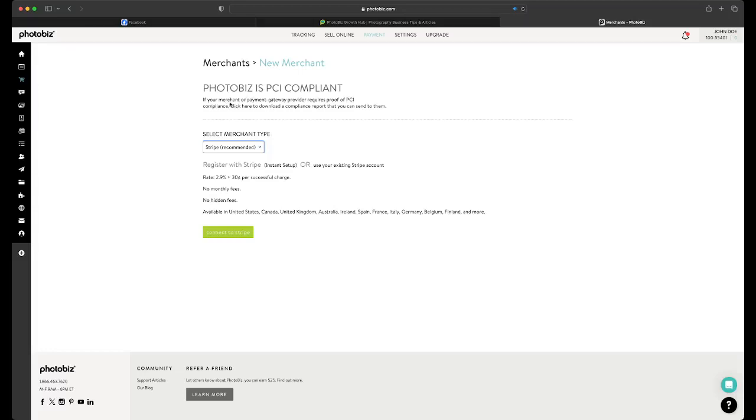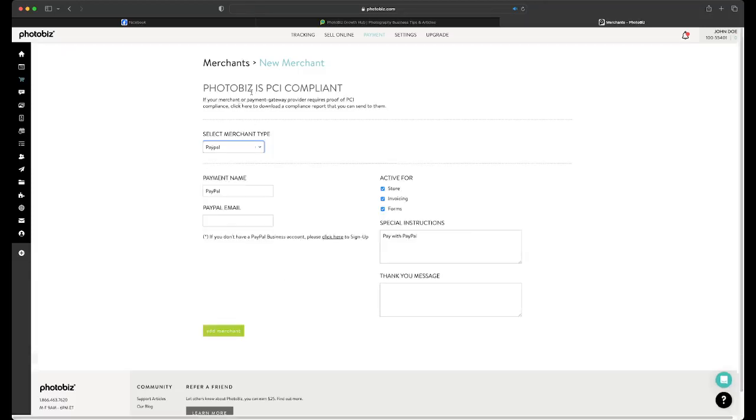PayPal, you can set up PayPal, Authorize.net, PayJunction, PayFlow, iTransact, Stripe, and Square. So these are the ones that you can select from right away. I'm just going to select PayPal because it's very easy to set up. All you need to do is know your email, so whatever email you have it tied to